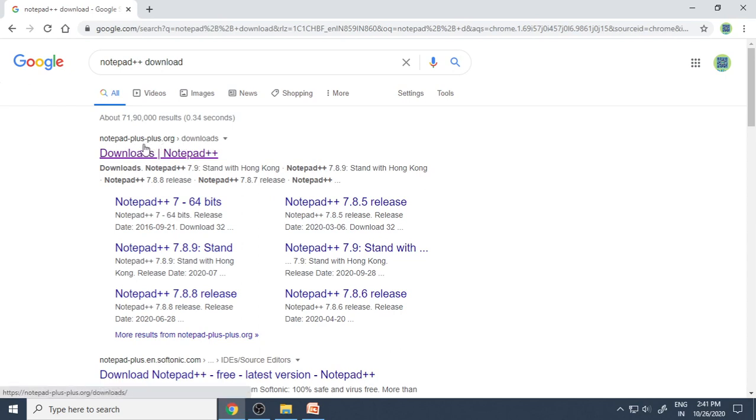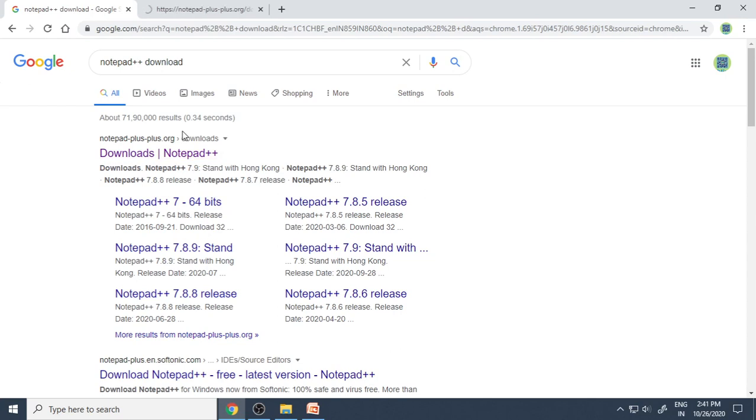Make sure you go to the correct website. Don't download from other sources. It is always better to download from the corresponding website. Otherwise, if you download from some other places, you may get spyware, malware, or some virus. Therefore, download from the original source. Just download it. Now you can see that this is the download.